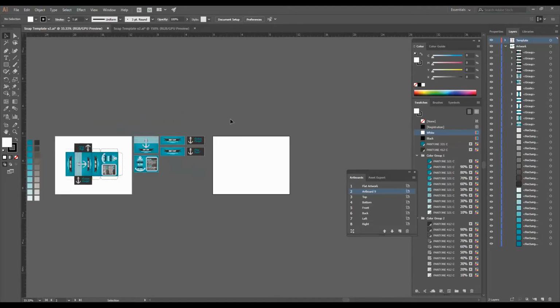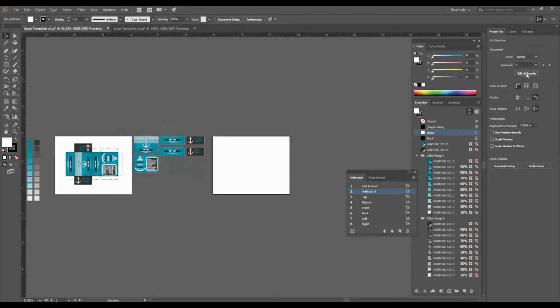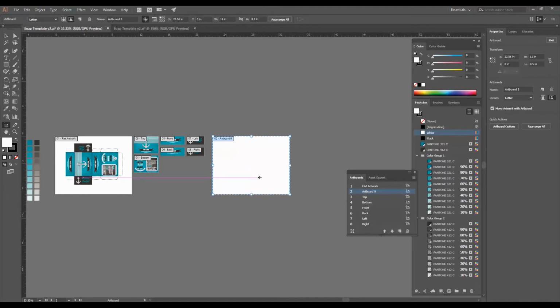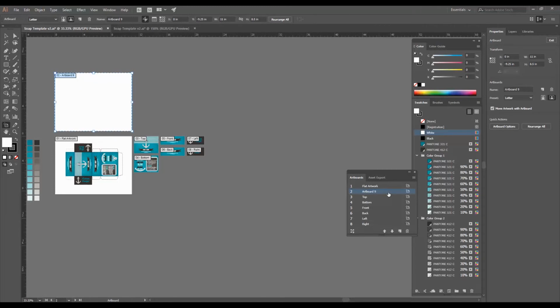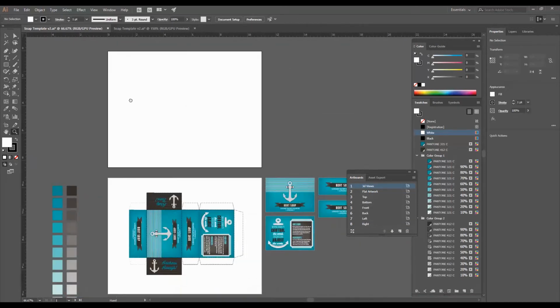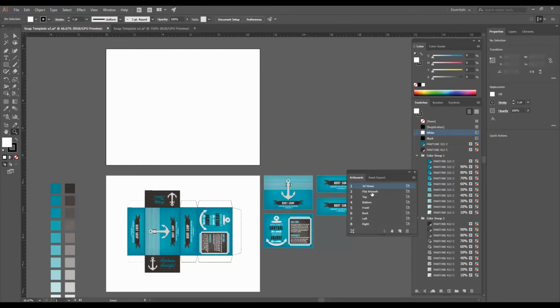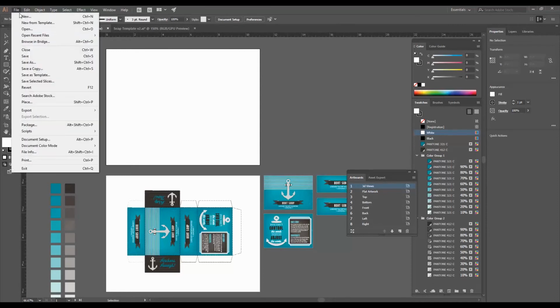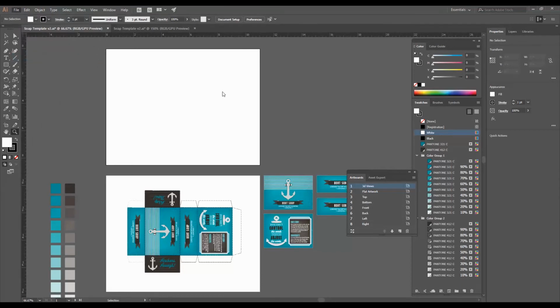Now, zoom out a little bit. I need to change the position of the artboard because I want to put this one above. And I'm also going to make it the first piece of artwork in the file. So if I change the order there, that changes it. And then I'm going to rename it to 3D Views. So now, in my file, the first page will be 3D Views, second flat artwork, and then each one of the faces. So I'm going to save where I am,